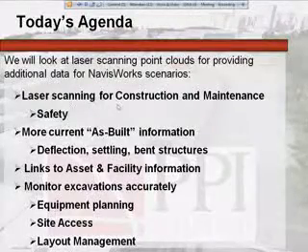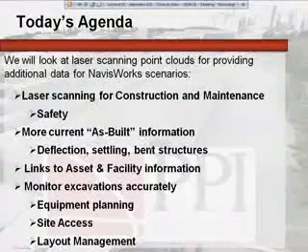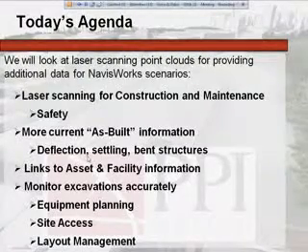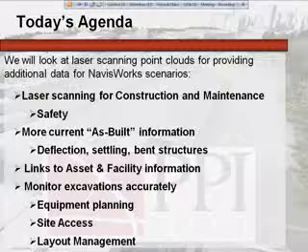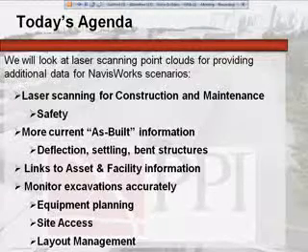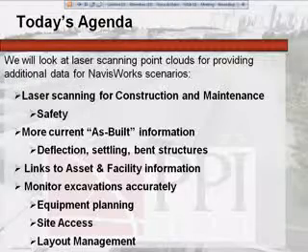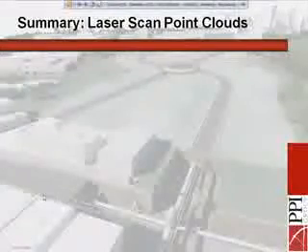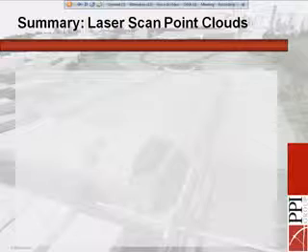we covered. We talked about scanning for construction and maintenance, the as-built information where we can look at deflection, settling, and bent structures, and then leveraging that information so that our new structures will match up. We can also link over to asset facility and then monitor excavations. So, the summary for what we've talked about: